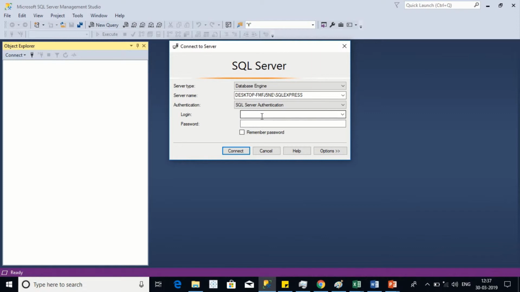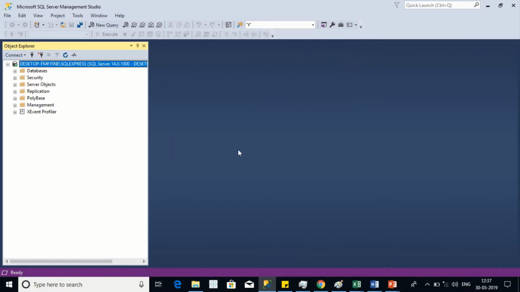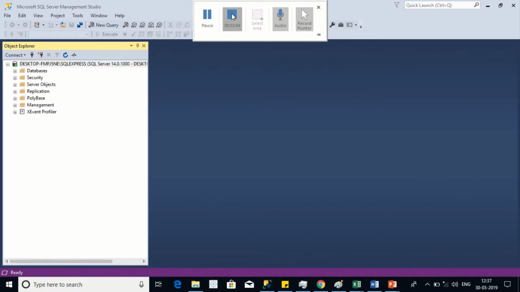If the database is in your local system, you can also use SQL Server authentication, so in both cases you can use it. SQL Server authentication uses the login and password of the database server, and you can select remember password for the future. Now I will use Windows authentication, so I am selecting it and clicking connect. Now the database is connected.